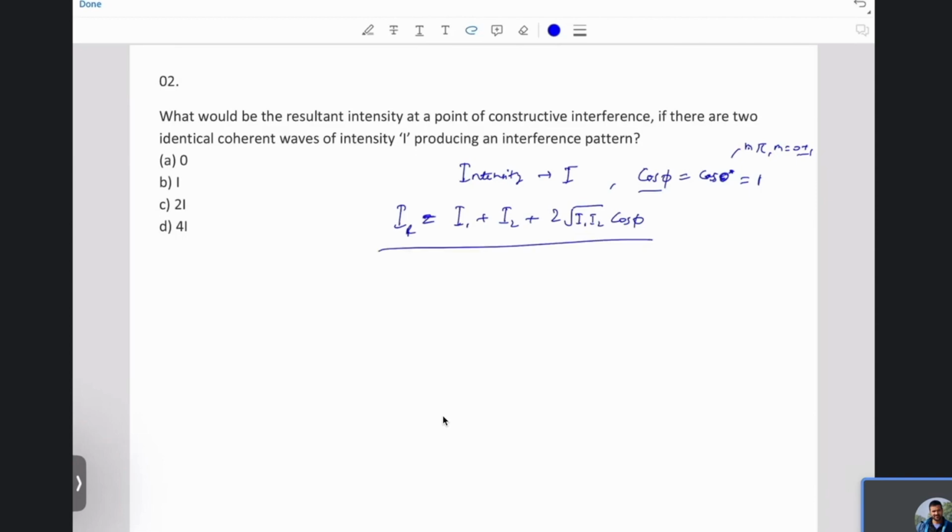This formula you know, right? Because for amplitude we have this formula that the resultant amplitude square is a1 square plus a2 square plus 2 a1 a2 cos phi,